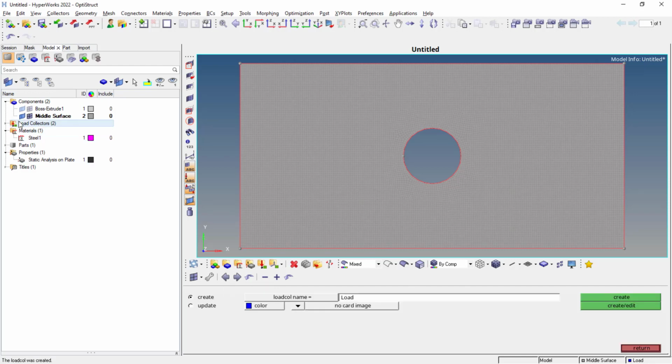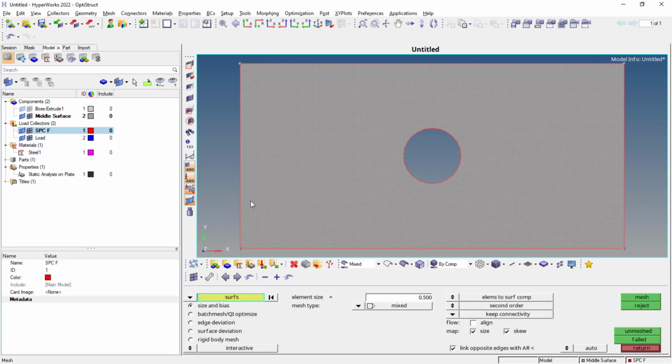Create. Now these are the two load collectors which we have added. Here you could see the load is active. If you want to activate the fixture, right click on it and use make current. So whatever changes you do now will be updated into this. Let's say